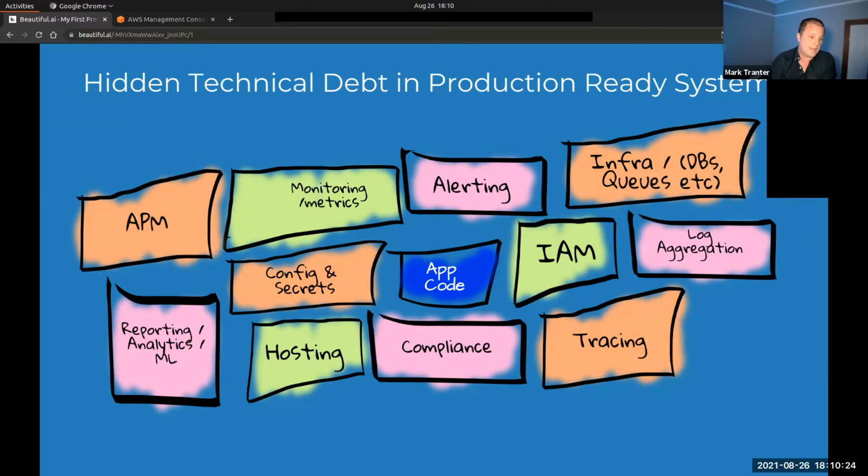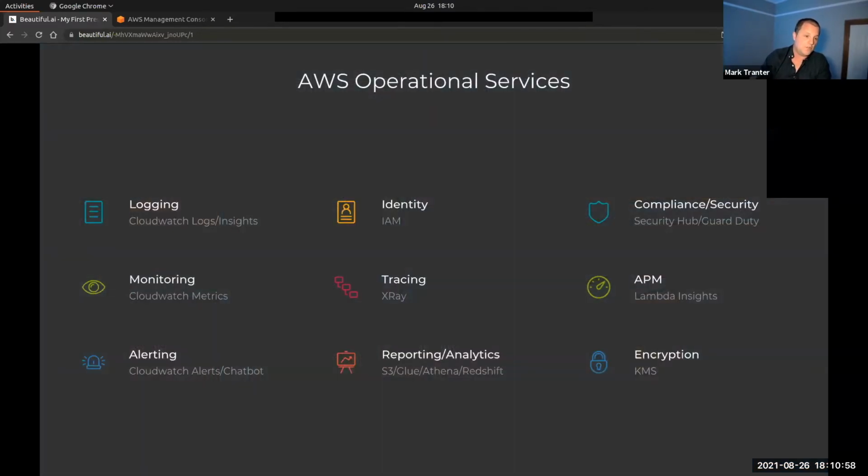Reporting, analytics, and ML is often an afterthought for software engineers building digital platforms. So if we've built this lovely web service that is taking customer orders, for example, and the business says to me, well, can you run me a query on how many orders for customer ID 7 were dispatched in the last 3 weeks? DynamoDB is not going to help you there. So how do we satisfy that concern for the business when it invariably comes up? Good news is there are loads of AWS tools that we can lean on to do this for us.